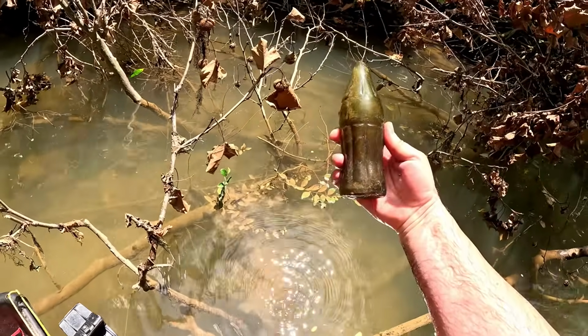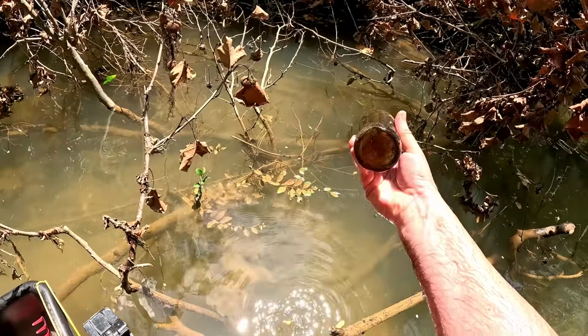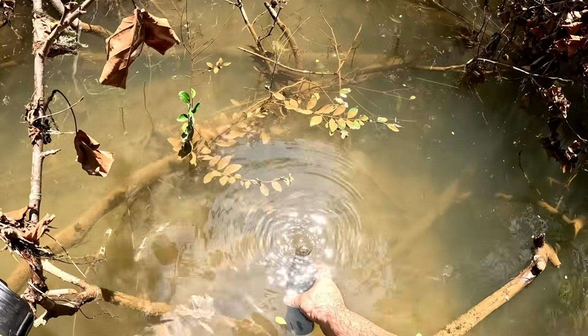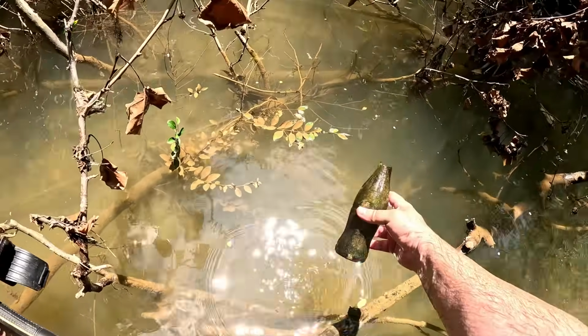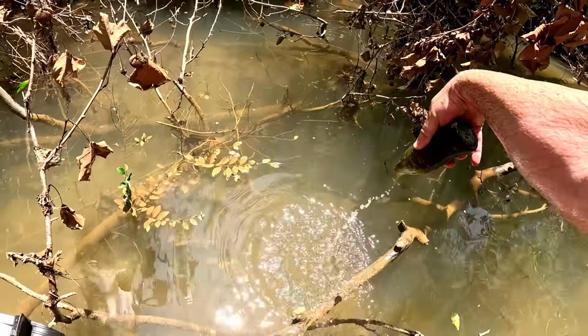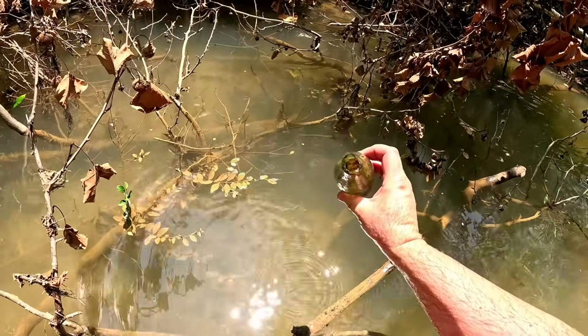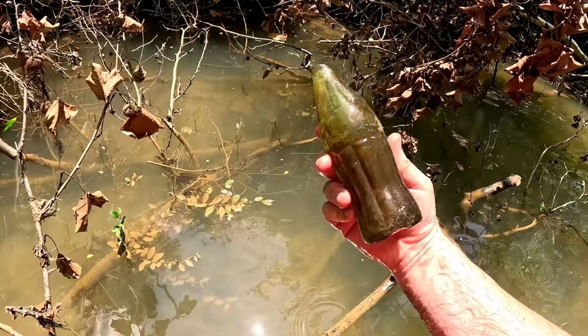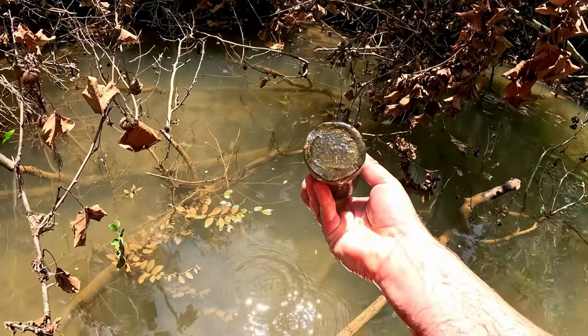I don't know much about this stuff. I don't think this is too awful old, but I'm definitely not a Coke bottle expert or collector. I'd say missing the top of it's a pretty good bump on value anyway. But